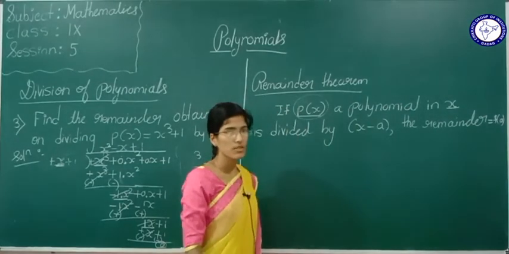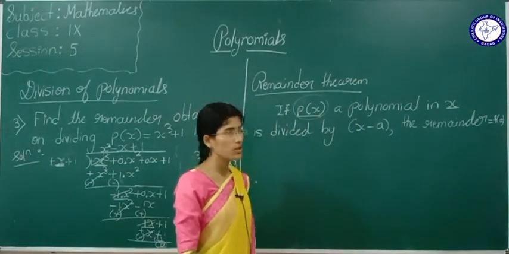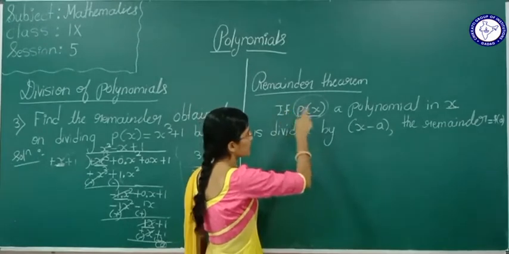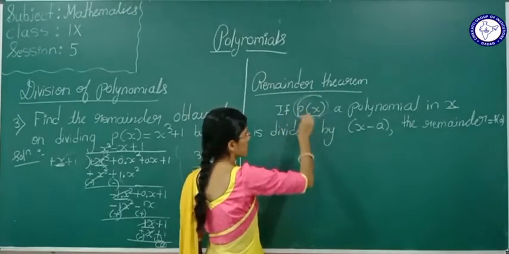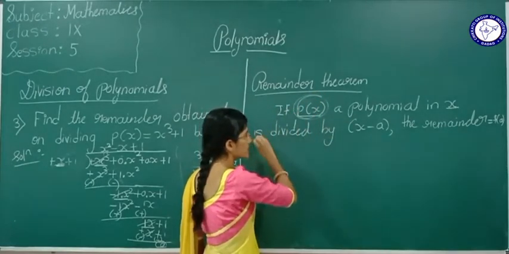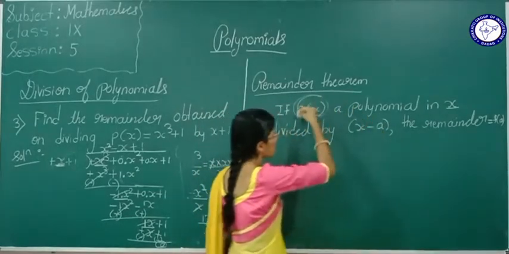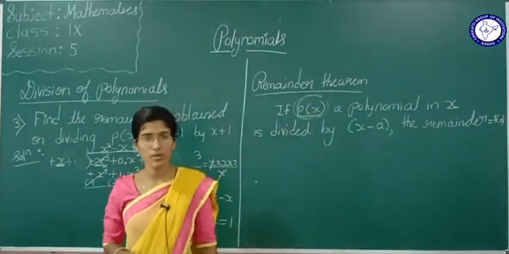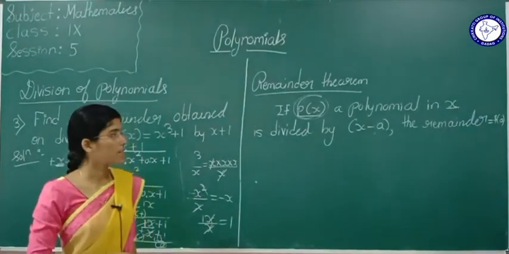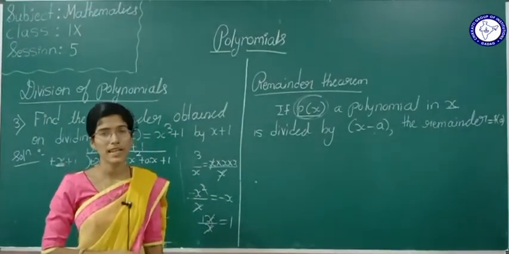The remainder is going to be f of a. Once more I will tell what this is telling. If p of x, a polynomial in x, is divided by x minus a, the remainder is going to be equal to f of